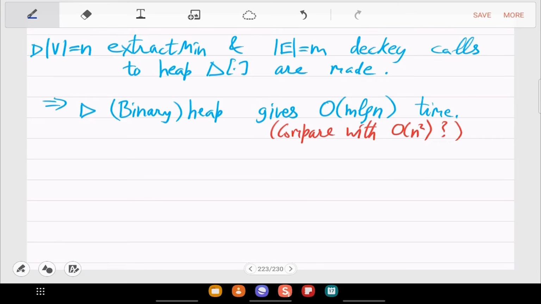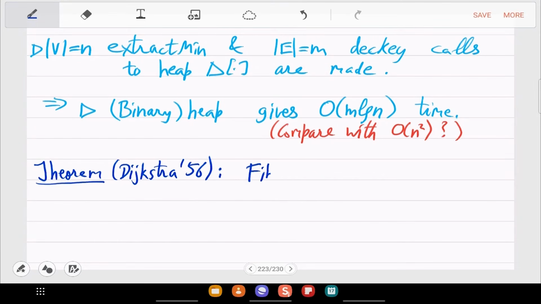Well, but this is not the end of the story. You can use cleverer heaps. That is a theorem we will not prove here. But this is Dijkstra's algorithm.